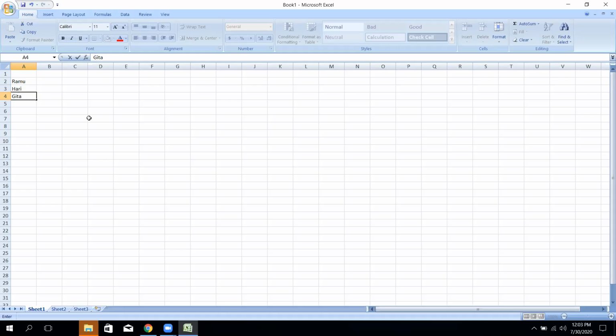Gita. Sita. Ramila. Ansanarayan. Okay, many more. All these names have been written here, and the place is very short.